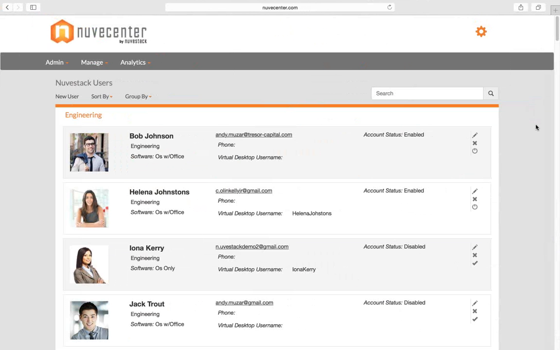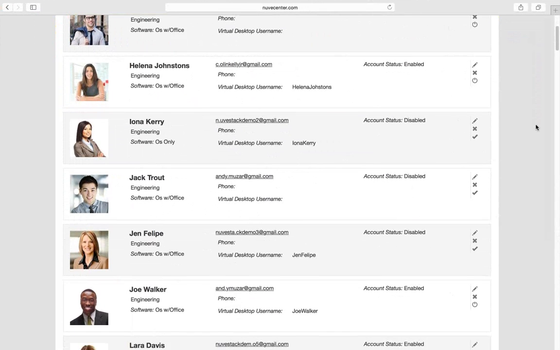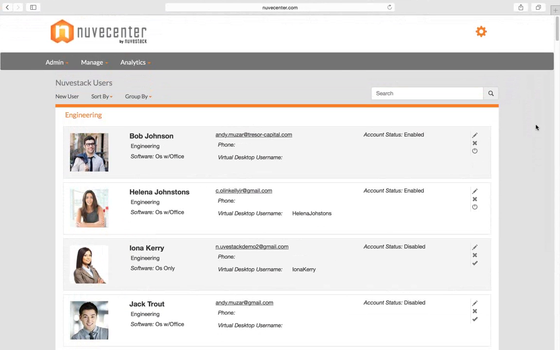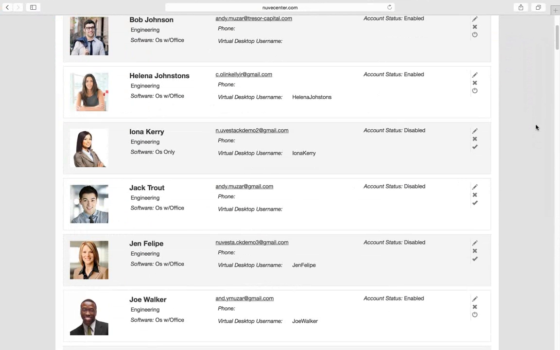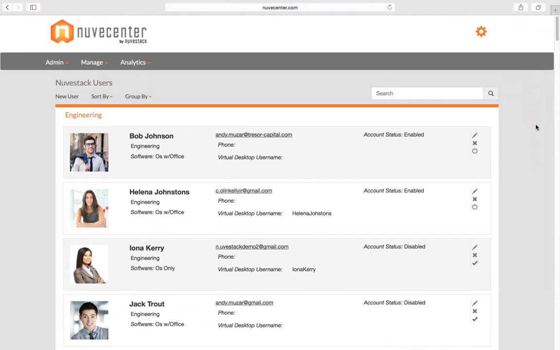Once that onboarding process is done, we hand over a little bit of control to the customer itself. This particular group of users you see on my screen here could represent a company that has about 20 employees, maybe 30 employees. So we've been through the onboarding process with this customer, all their users are in the system, and then we give a couple of the people at the customer administrative privileges.